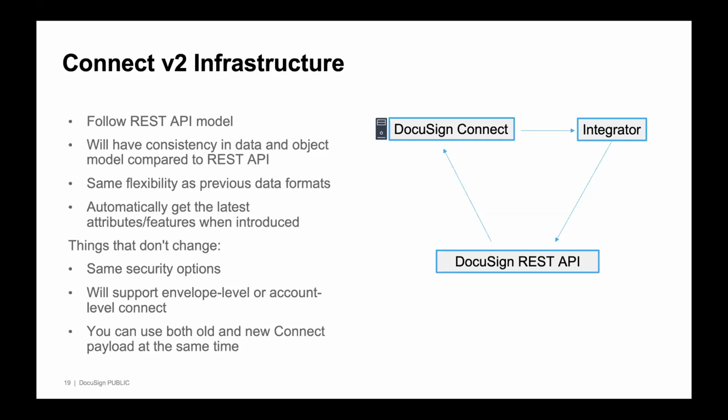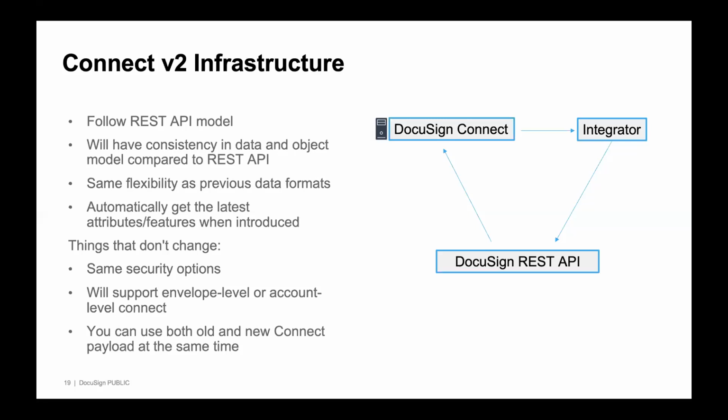What that means is if you're using our REST API, again, V2.1 REST API today, you'll know that when you get statuses on envelopes, you can also request in a single API call to include data about the recipients, or about the documents, or about the tabs. So you have various different levels of customization to that payload. And so the Connect V2 infrastructure will essentially allow you to make the same selections. So a single payload could be very slim, again, just on envelope status, or it could be very broad and include things like the recipient, tab, data, documents, all that sort of thing. And we'll show you a screenshot of that in a sec.